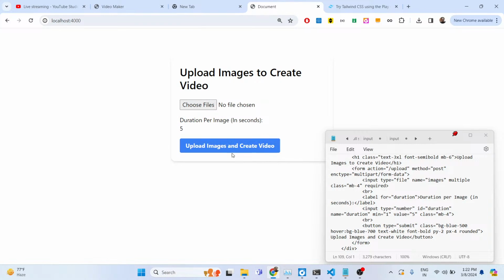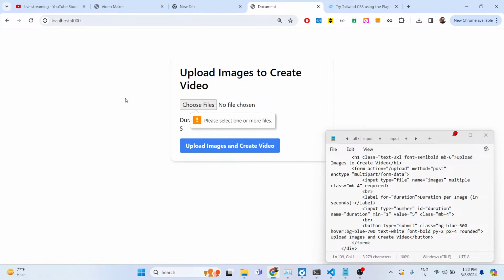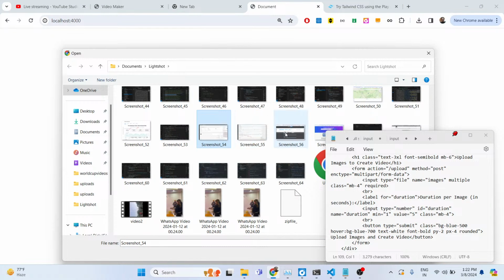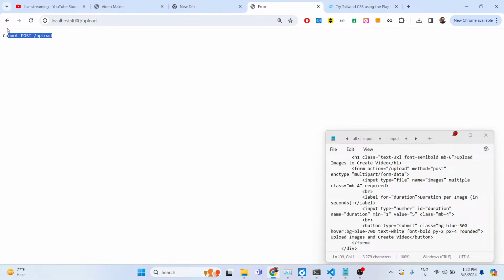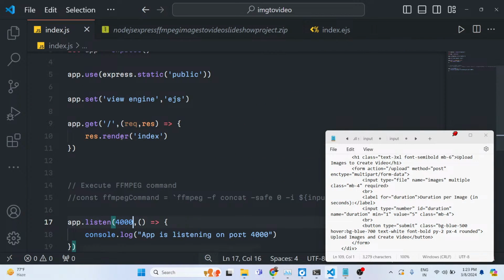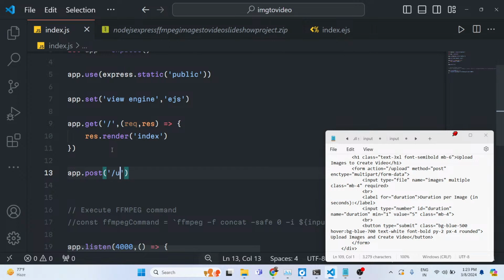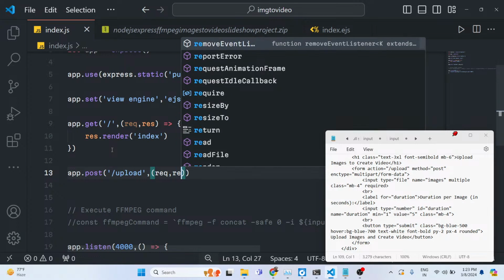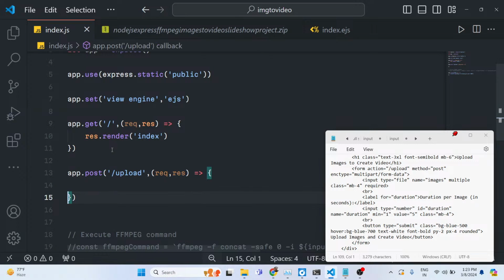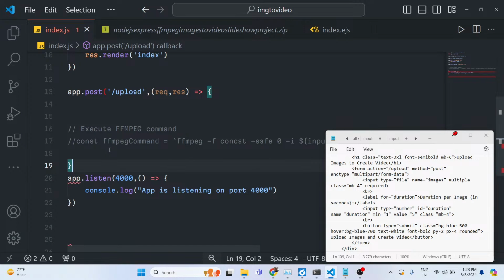So if you see, now your button is created, and now as I click the button, this will not work because we need to select the images first of all. So we need to make this route, which is a POST route, which will be called here /upload. So right here we need to make a simple POST request /upload. So inside this POST request, guys, what we need to do is that